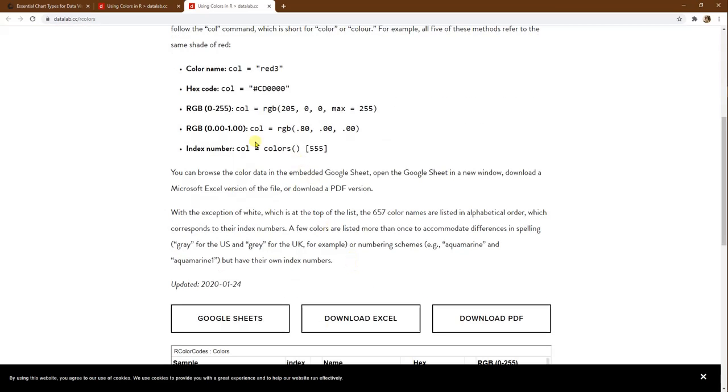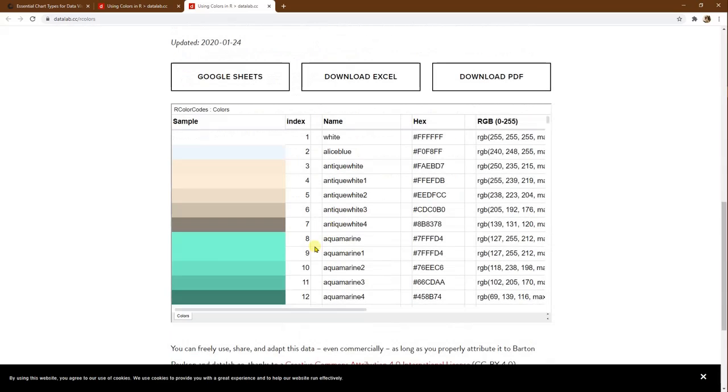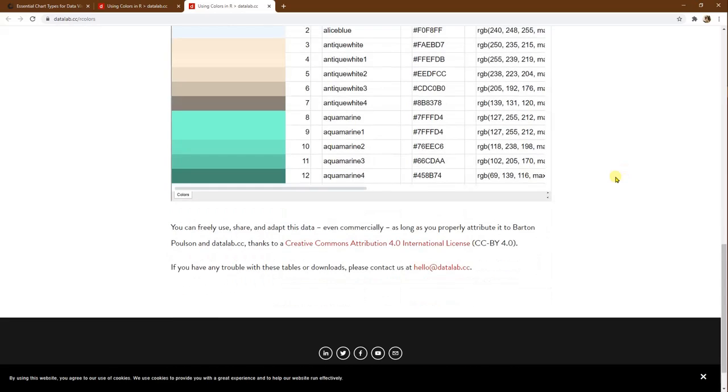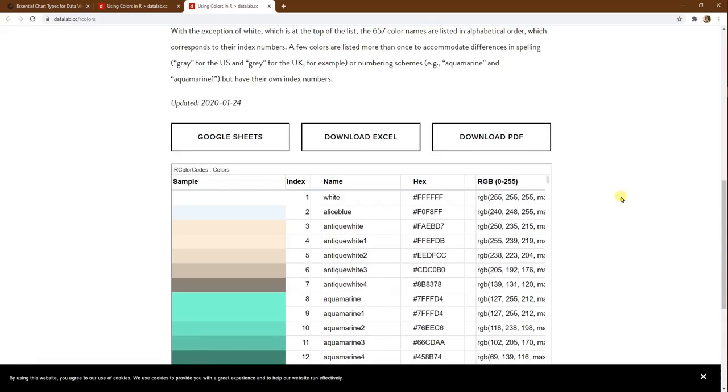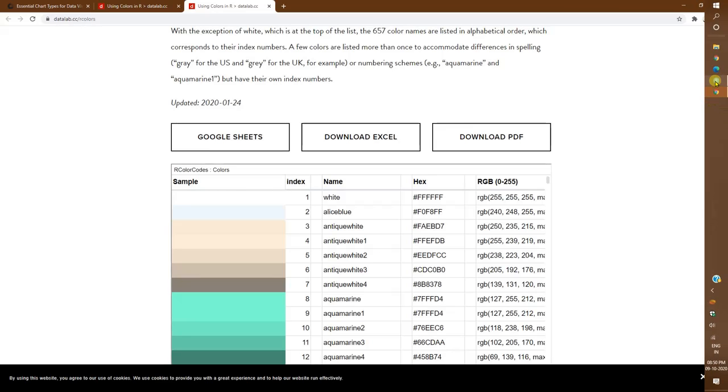And you can also mention using the colors function and an index 555. So any of this is going to give you the red3 color. And further, the sheet is also explaining, you can get an idea of the color, the name of the color, the hexadecimal code for that, the RGB code for this. You can also download these things and keep this as a record so that you can refer to this and use the colors. I'll go back to RStudio.